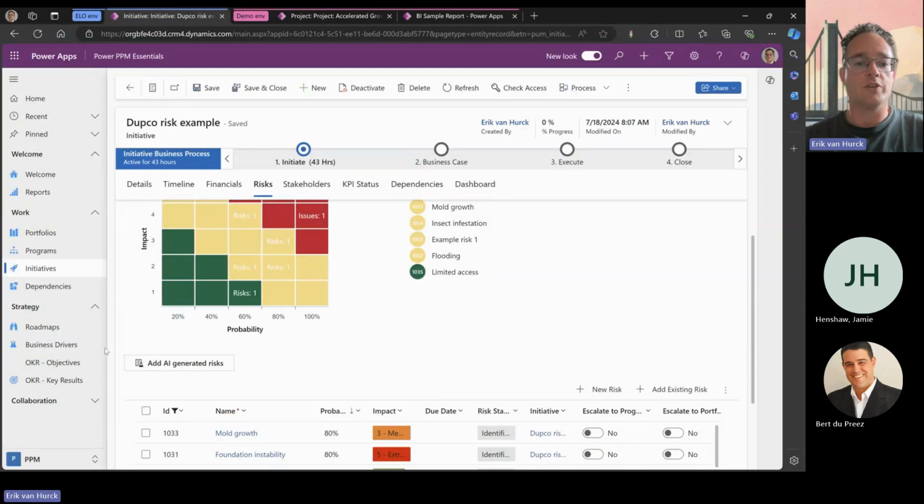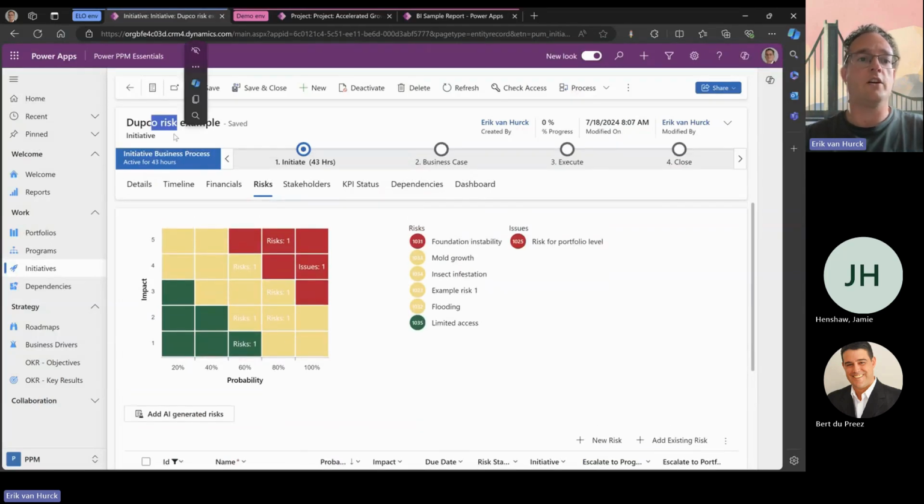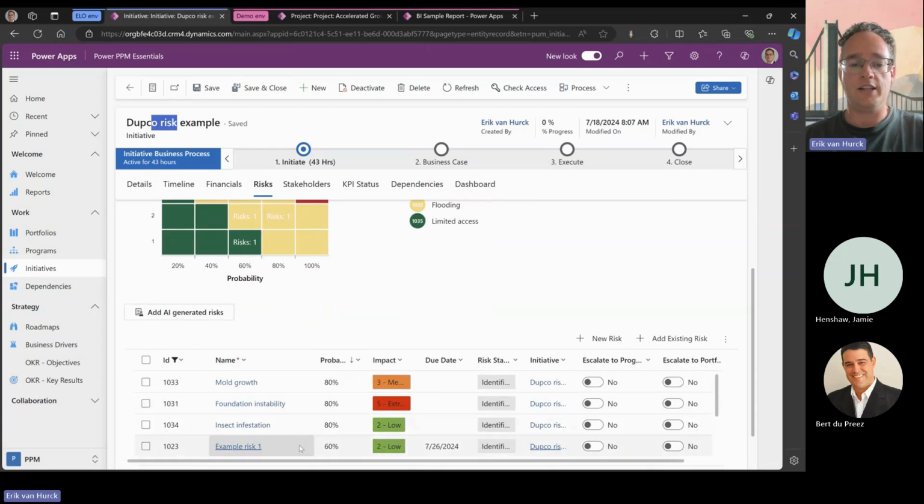So let's return to our demo environment. I have our typical risk example, and in here we created a couple of these risks. We have the ability to escalate to program and escalate to portfolio. This is an interactive